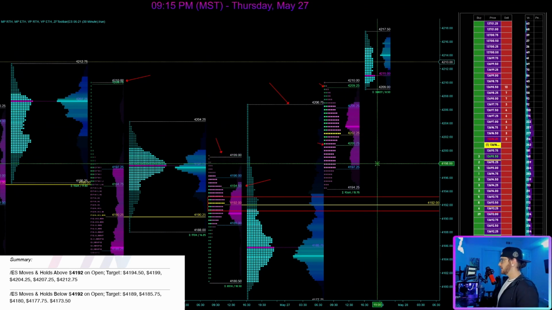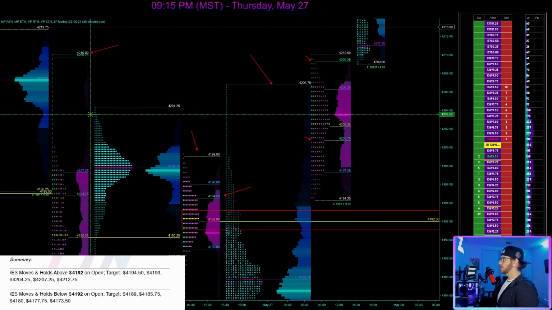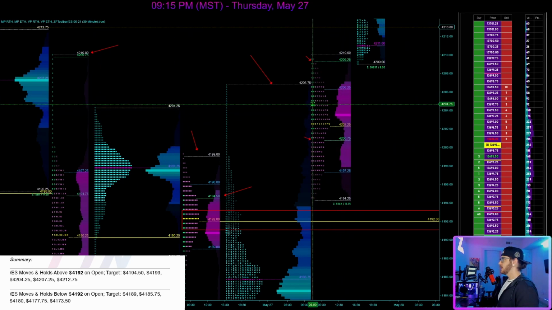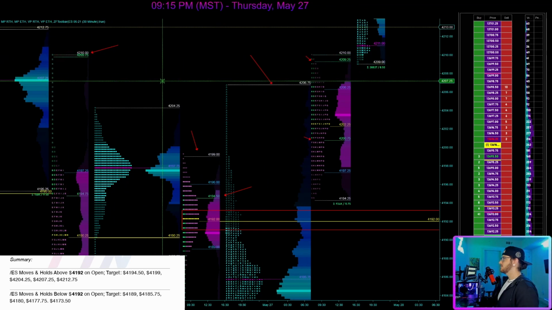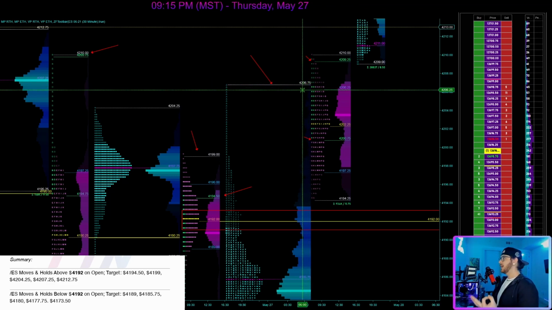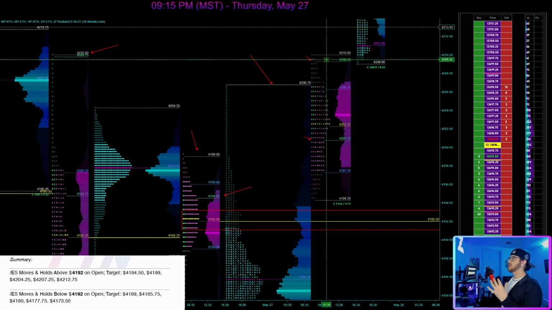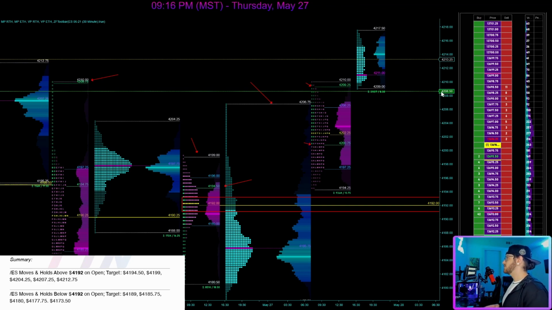So what I mean by that is, let's say you see price open up right here, 42.04, right around the overnight high from the 25th into the 26th session. You see price move up, reject the previous regular trading hours high from the 25th at 42.10. And not only that, you see price break back below the overnight high at 42.06. So when you see that type of price action, well, you can say that sellers are not interested in allowing price to move above the highs, and buyers are not interested in purchasing the instrument at these levels. That means that they view it as too expensive and they're not interested, right?